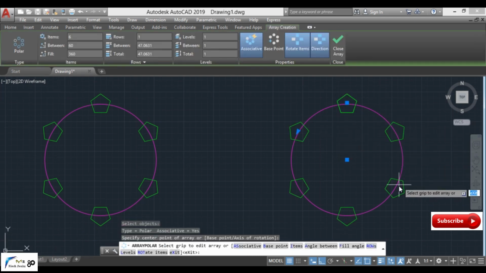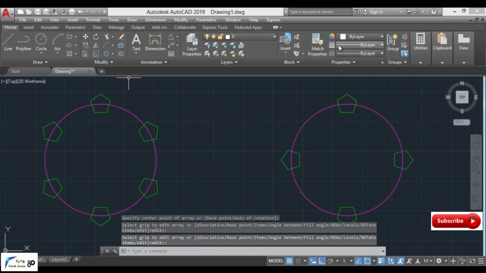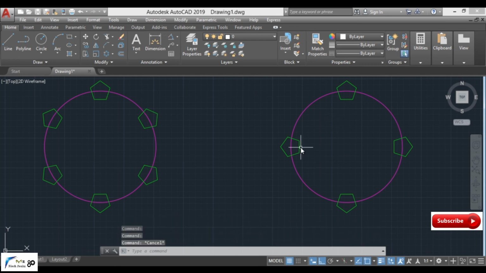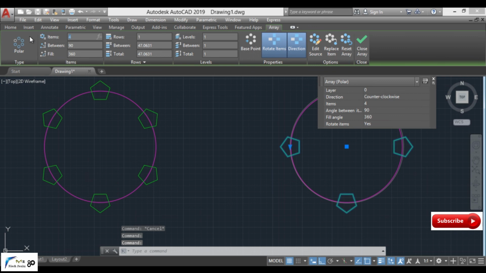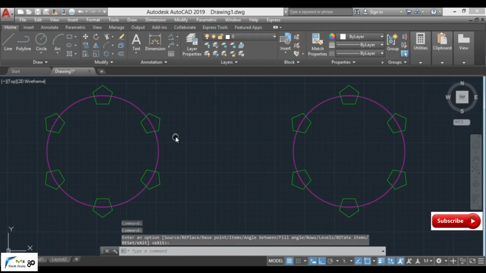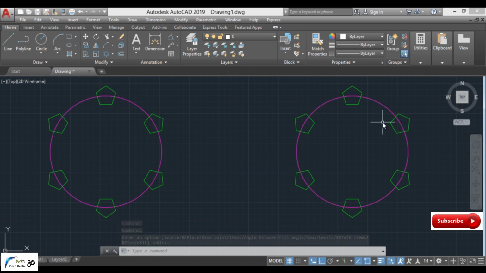Now as we can see, a number of items are available to us. Clear? Suppose I have to make changes in that. So we have to simply click on items and define the items. Let me take it as 4. Click on close array. Clear? Here the items are available to us 4. If we have to make any changes, simply double click on the items and define the number of items as 6 as are present in our case. So simply type close array and our object has been created.